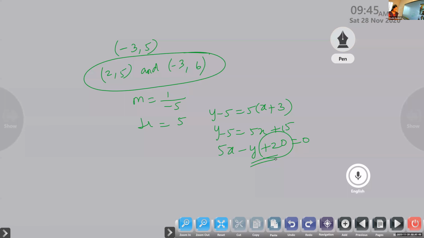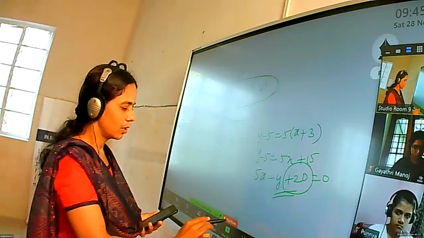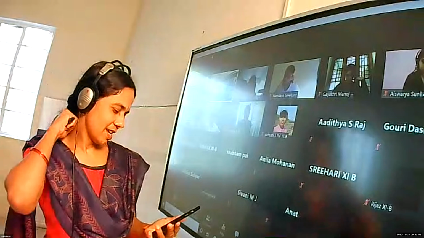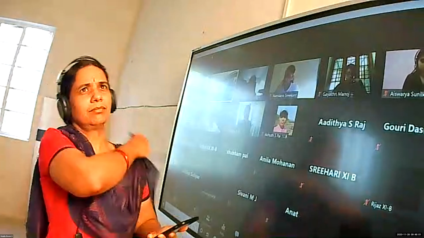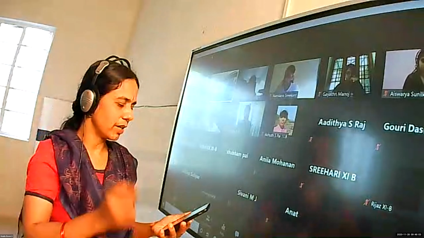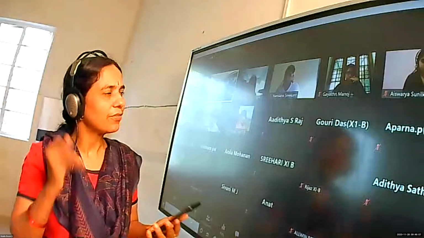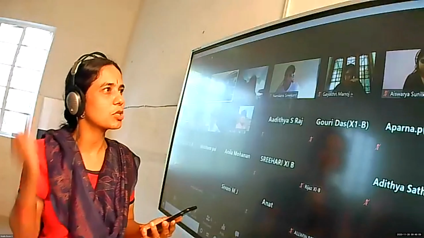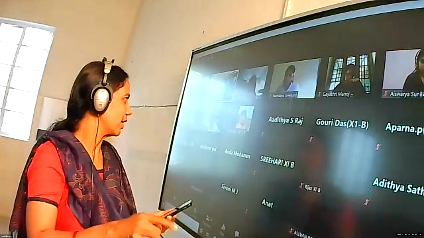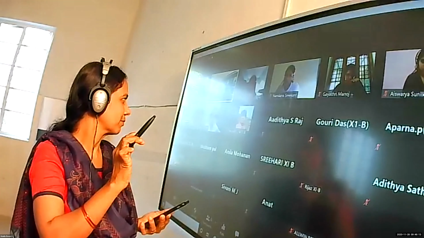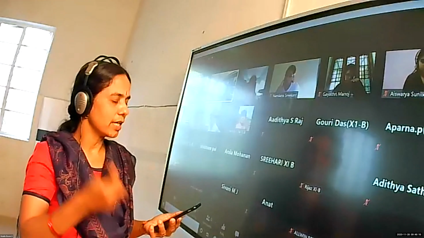Again, the next one. Prove that the points are collinear. Very good. Few of them did it in a different manner. I think it is Alvin. He used the first two points and found the equation of the line. After finding the equation of the line, he substituted the third point. This is another method, children. You can prove this as collinear in different ways.